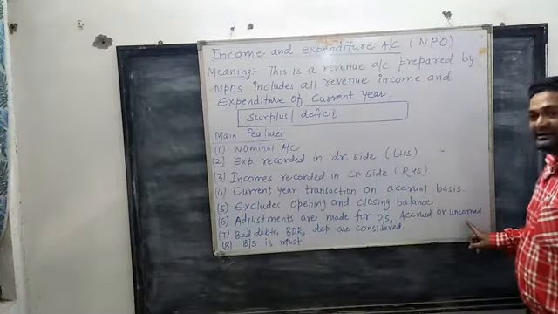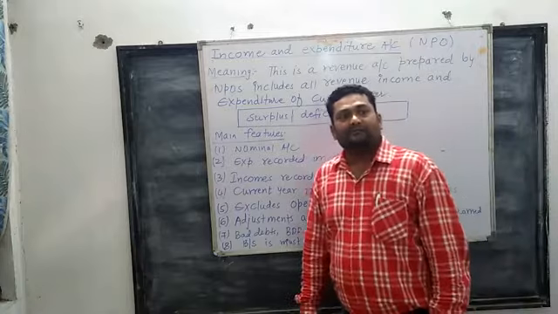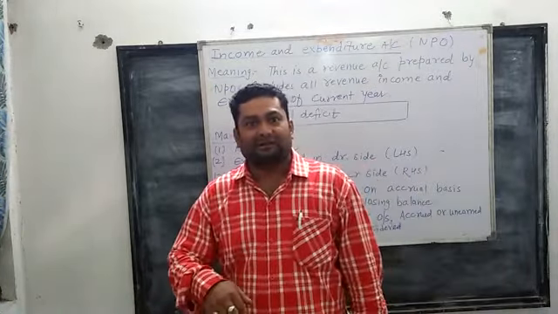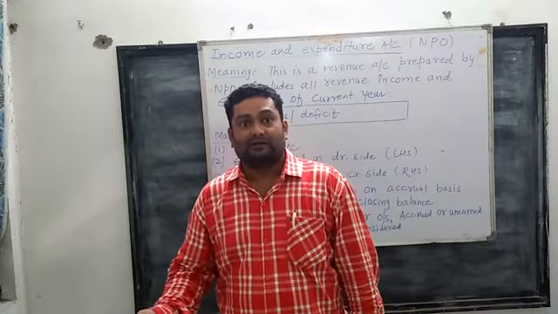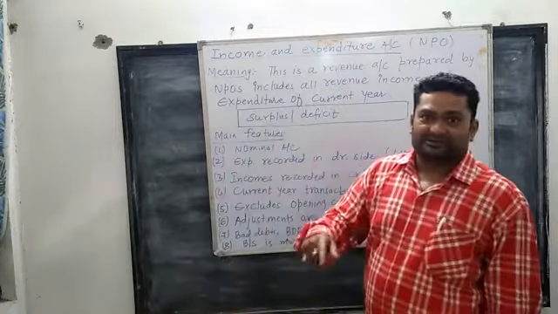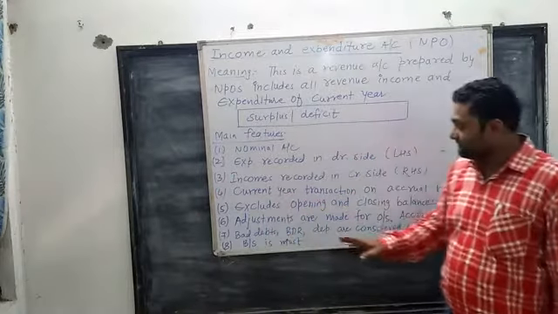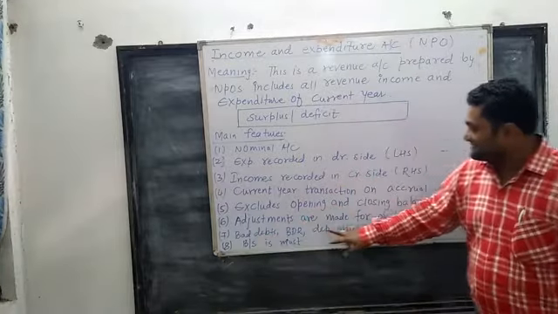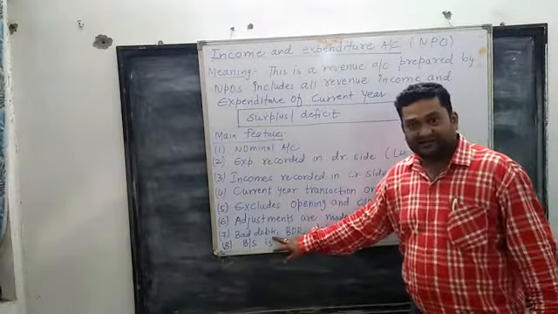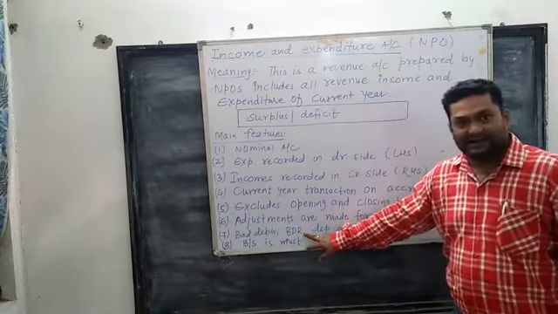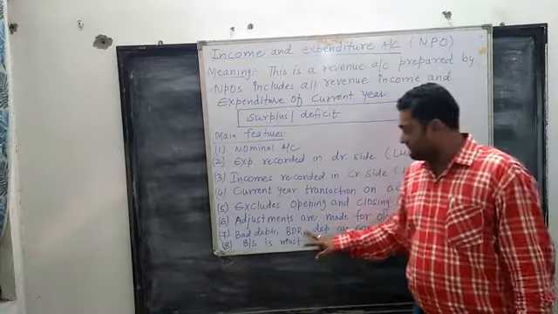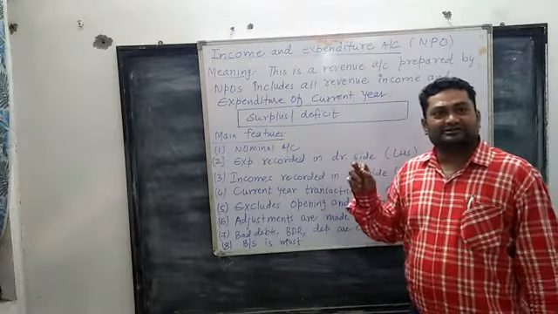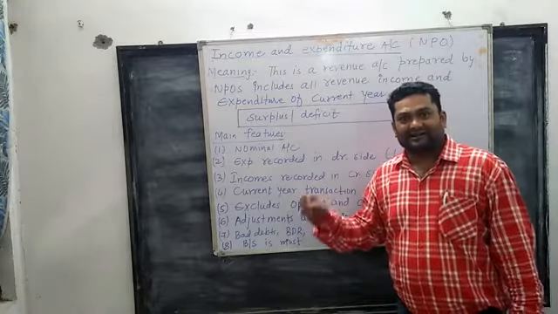Then unearned income is the income which is received in cash but not earned so far by the business. So that will be subtracted from the concerned income. Then bad debts are written on the debit side. BDR, provision for bad debts reserve, and provision for depreciation are taken into consideration and they are written.